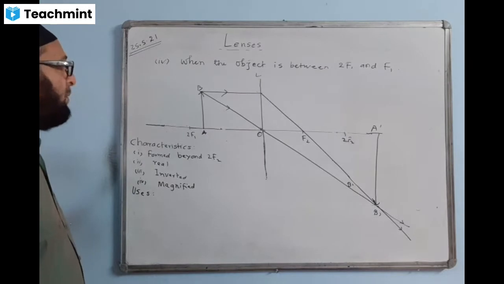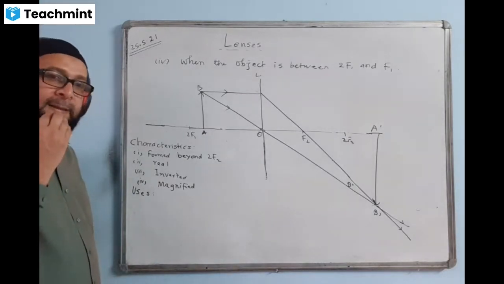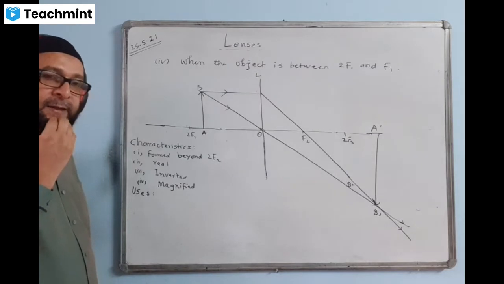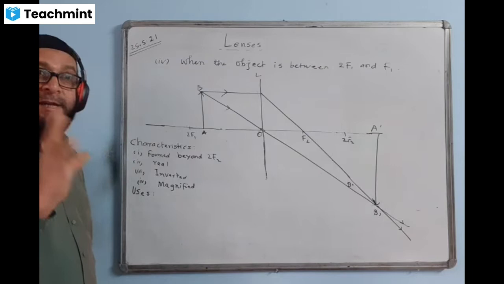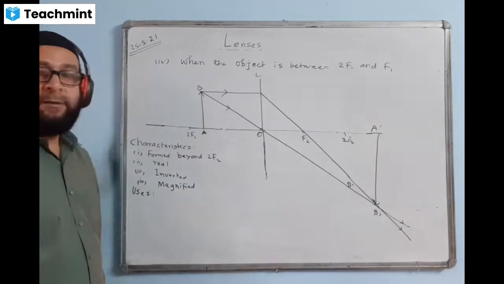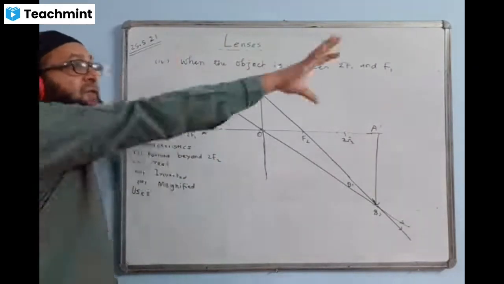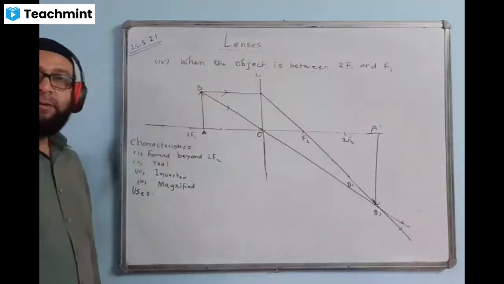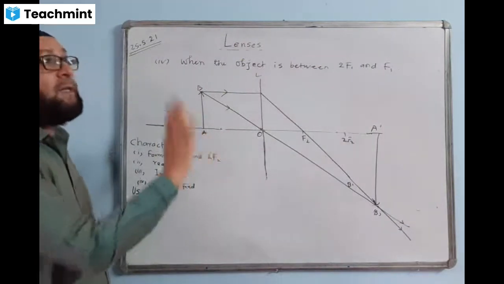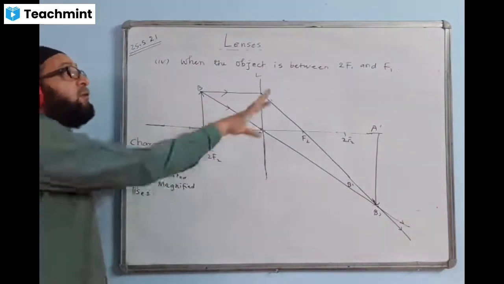Now, uses, I said, the film projector. If you have to show directly, to see the image, an observer will be there. But if you have to project it on the screen, then the observer must be on this side. Then only you can see it on the screen. If the image is projected on the screen and has to be seen by the observer, then the observer must be here, this side. Then only you can see it on the screen.